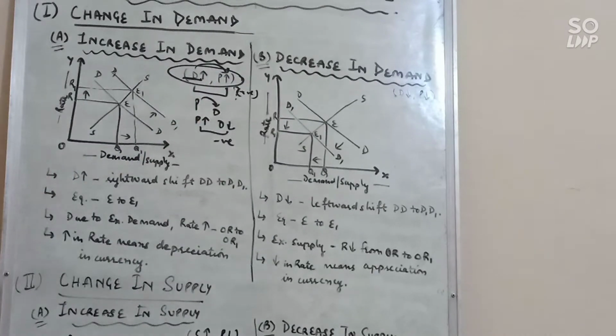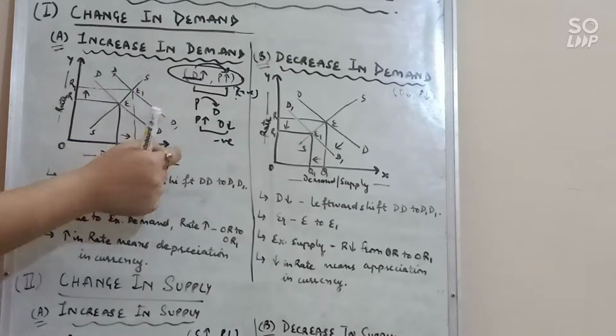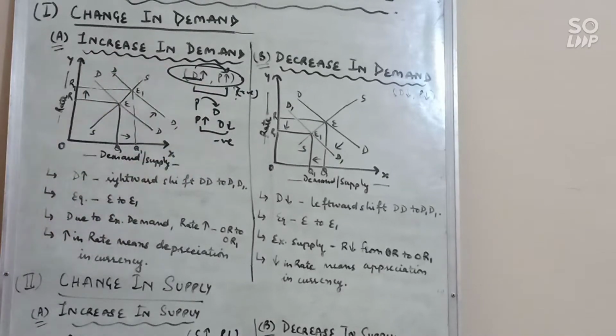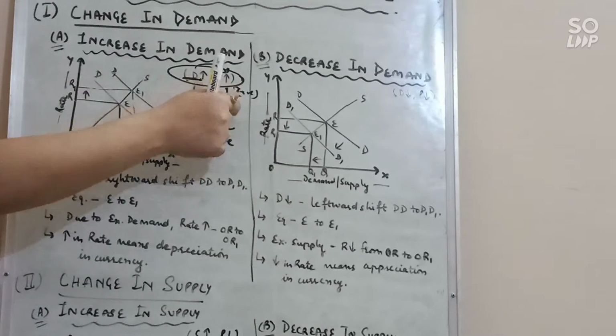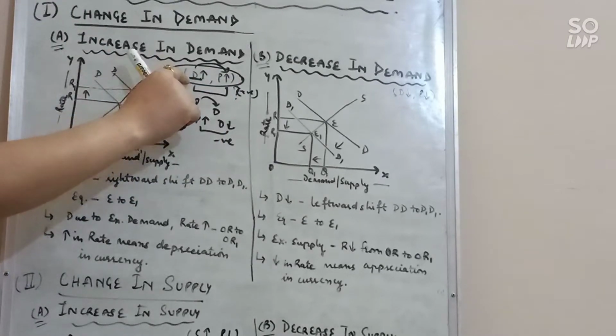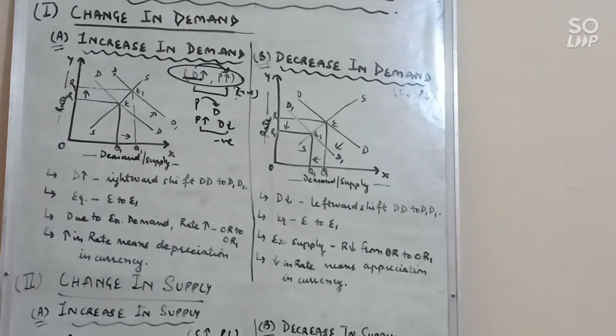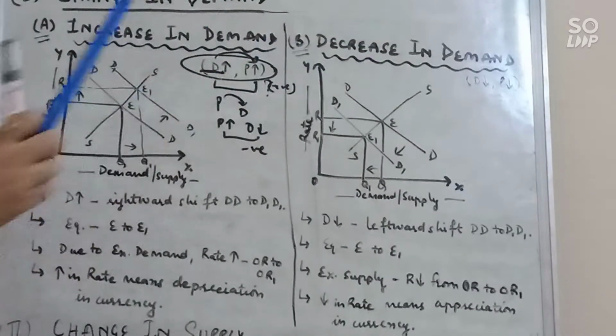Generally students get confused in this point that otherwise we are doing a negative relation, but it shows a positive relation. So there is a reason. Earlier we were doing effect of price on demand, and here we are doing effect of demand on price. Clear? So second is decrease in demand.